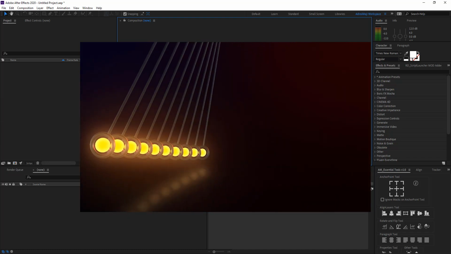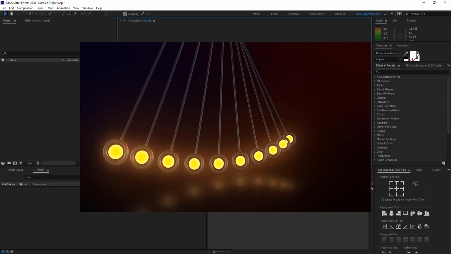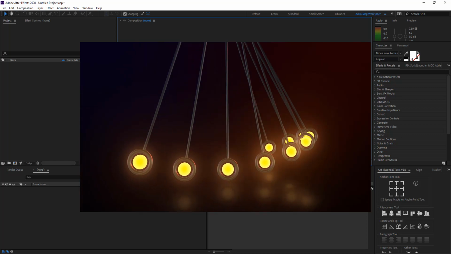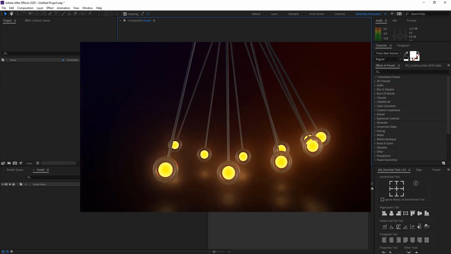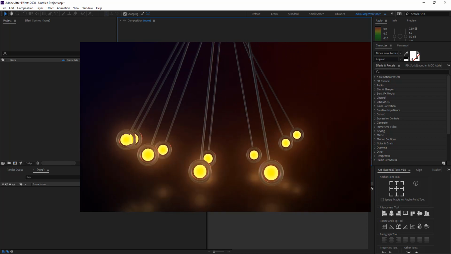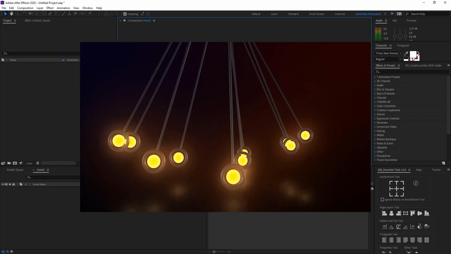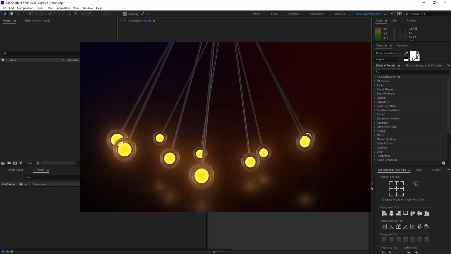In this video we're gonna make a pendulum wave animation in After Effects with the help of Element 3D plugin. I have uploaded the full preview of this animation in my previous video. If you haven't watched that yet, go ahead and click the eye icon to the top right side now and you can watch it. It is pleasant to watch. Now you can create the same effect if you follow this tutorial along. So before any further ado, let's get started.